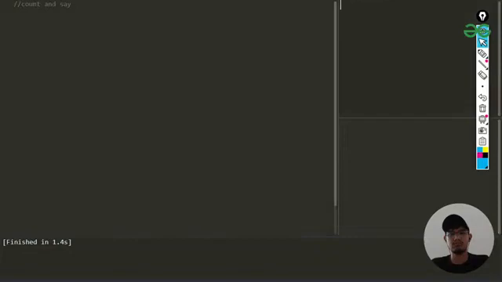I have already explained what the count and say problem is earlier, but I'll give a brief description. Suppose we are given the input as 1. Basically, we are going to be given input from 1 to 30. Whenever we are given input 1, it should return 1 as a string. Whenever I am giving input as 2, it should read this one first and tell what the frequency is, and the digit we are dealing with.